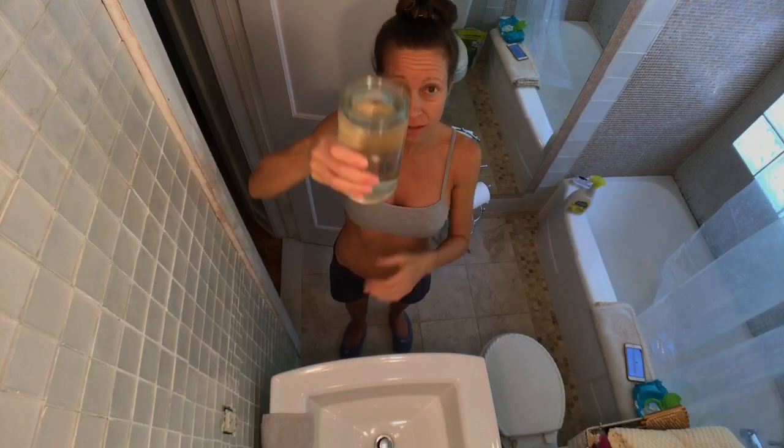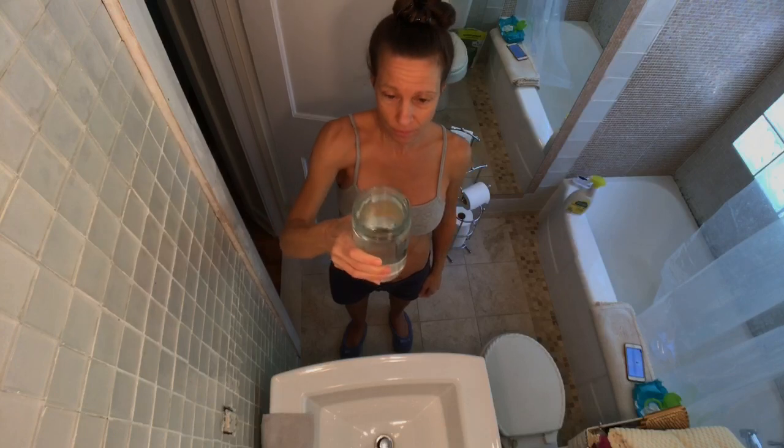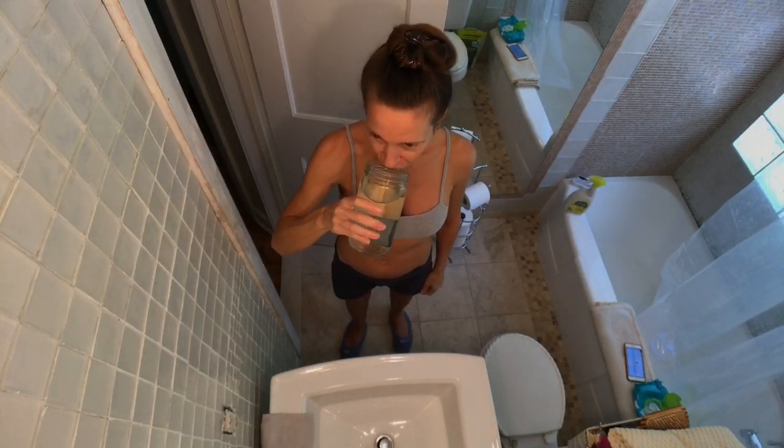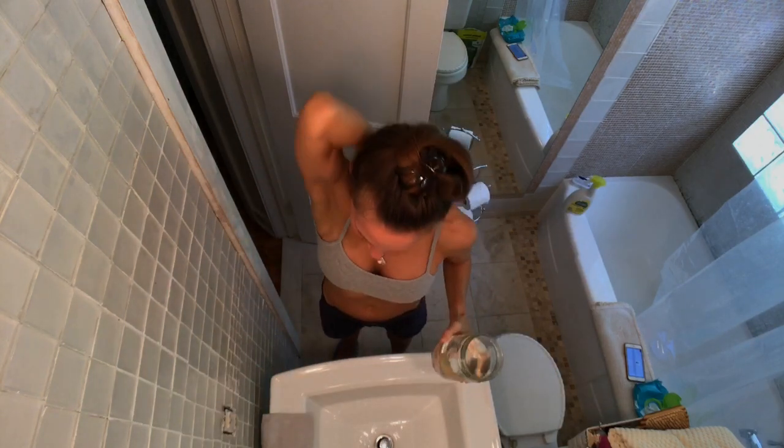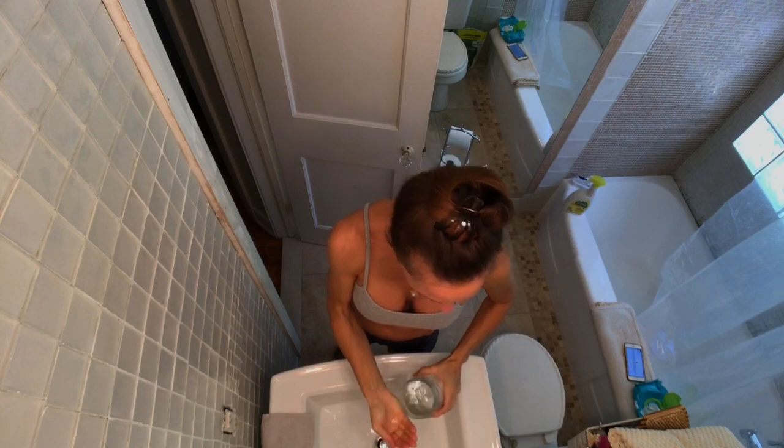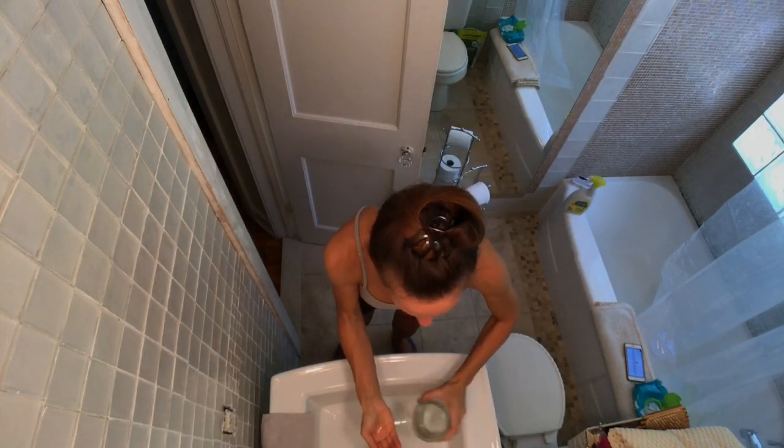So, why I'm saying that, the last little bit that I do in the bathroom is I drink some water, because this is a good 29, 30 ounces, at least, maybe 32 ounces. What I'll do is I'll drink some of that down, and I splash this, because it's reverse osmosis and not chlorinated water, on my face to freshen my skin. And then, just like a mini shower, as silly as it sounds, I find that if I splash a little bit of water on my back and my belly and just different areas while I'm in the bathroom,